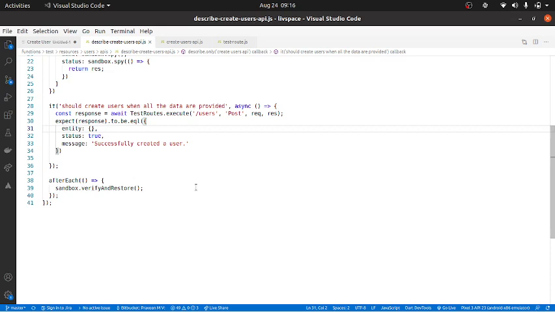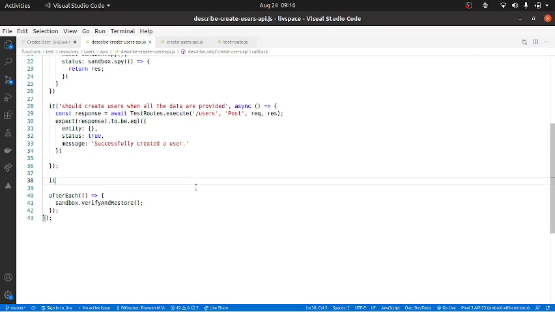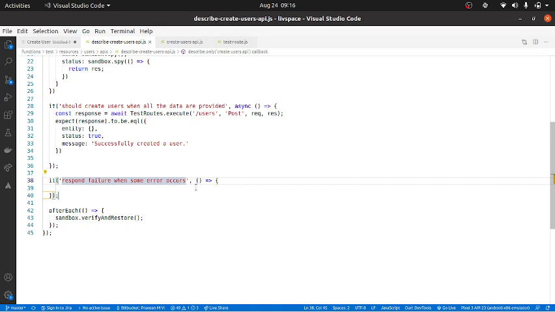So what I will do right now is, I'll basically take care of the failure scenario. It should respond or run failure when some error occurs. Okay, this is the next scenario that I am thinking about.